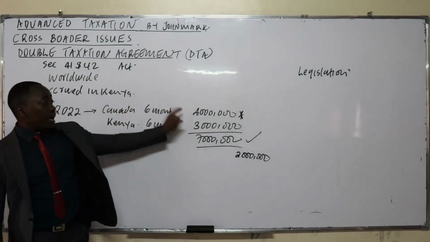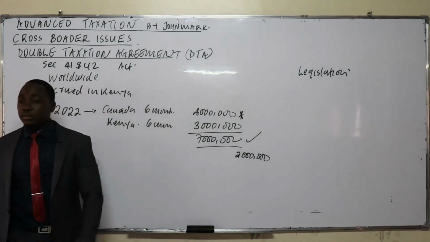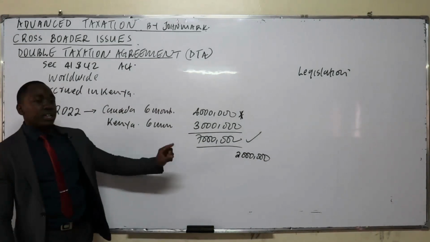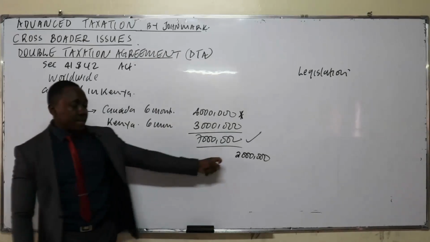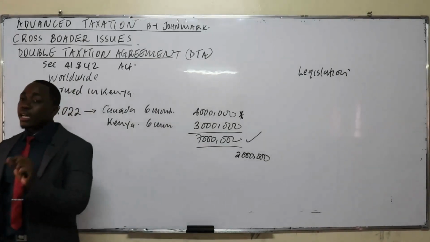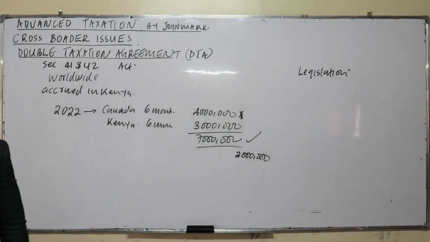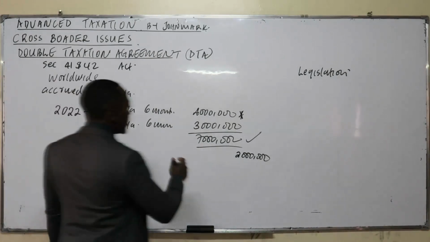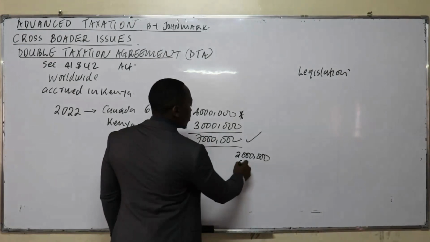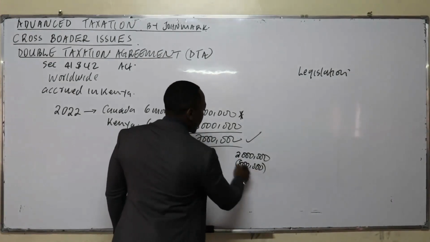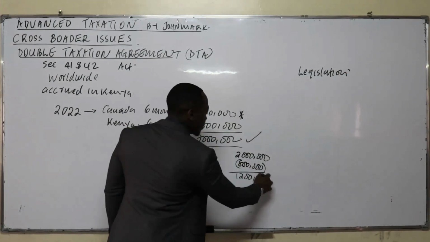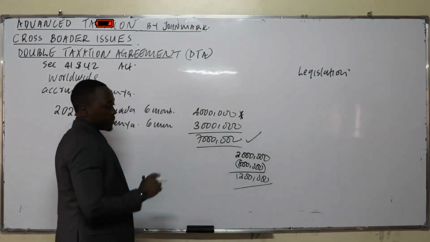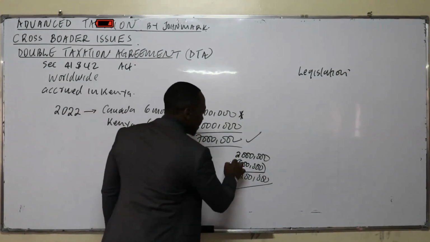But remember, in Canada, you had paid some tax. So the amount of tax you had already paid in the other country will be credited and will reduce your tax liability. That's what we call the tax credit, but there are some conditions. For example, let's assume that in Canada you had paid an amount of 800. So you only pay an amount of 1.2. But what are some of the conditions for you to be granted this tax credit?